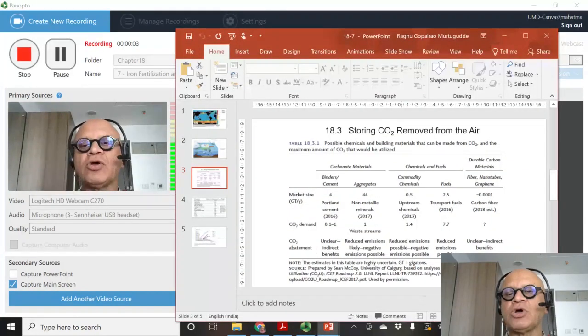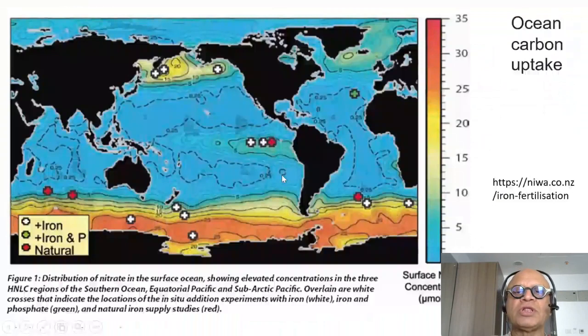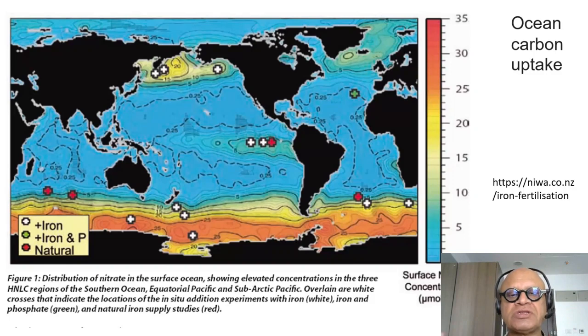Let's quickly touch on how ocean can take up additional carbon. This is always about additional carbon. Ocean is already a sink, and we want to find places where additional carbon can be pushed into the ocean. So this is showing a map of surface nitrate concentration in micromoles per liter, and you can see there is